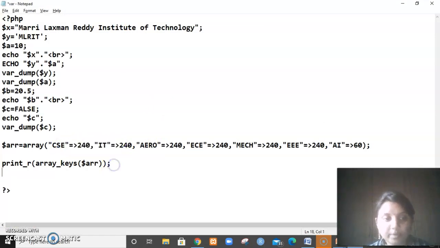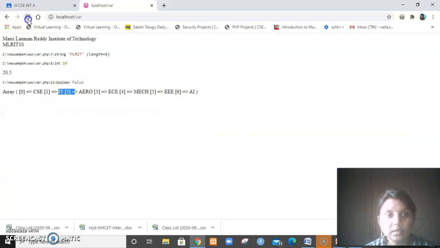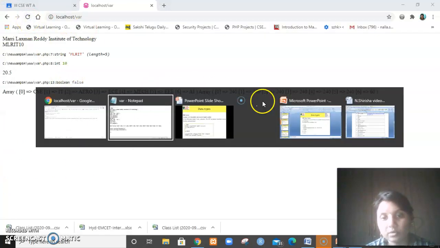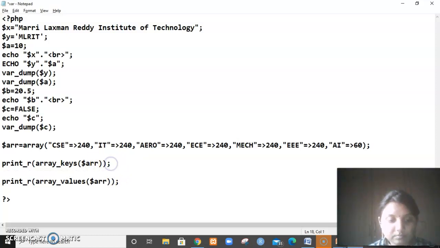Similarly, if you want to print values, then we can give print_r of array_values. Okay, so let me execute this once again. So you are getting this output. Let me give echo with BR here.